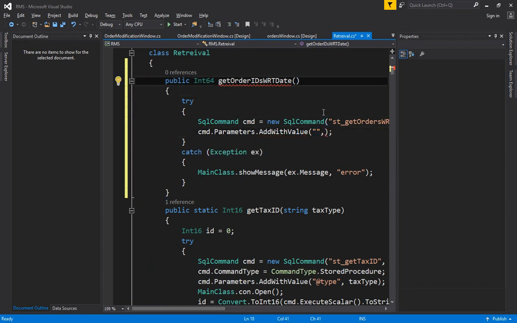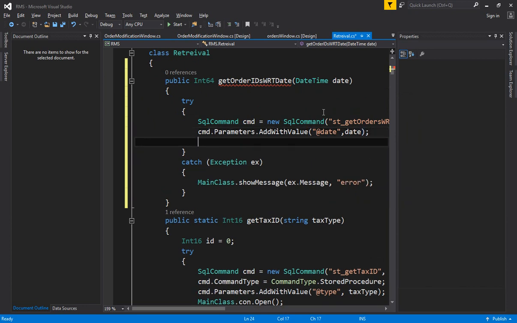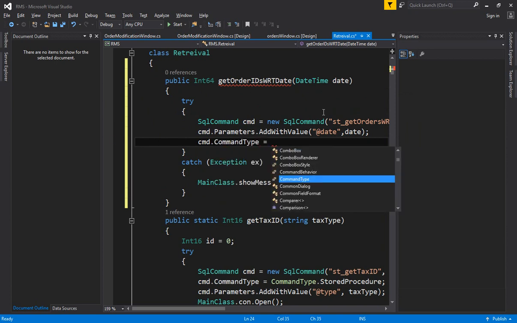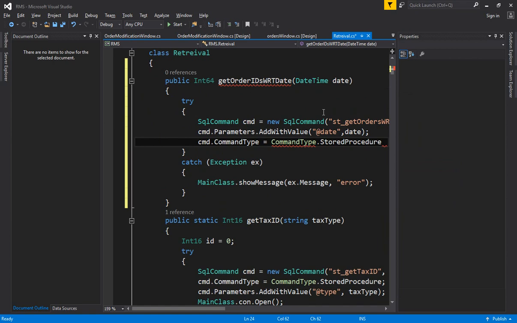So what's the parameter? I have to pass the date, so date time date. Okay, so at the rate date you have to specify, and the parameter name is date, and then cmd dot command type, you haven't written, so cmd dot command type is equals to command type dot stored procedure, and then cut it and paste it